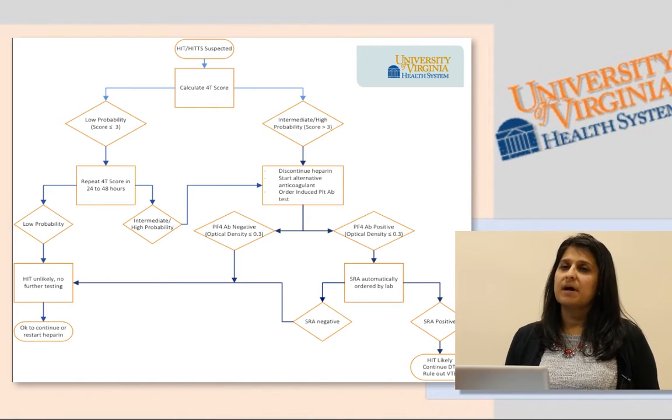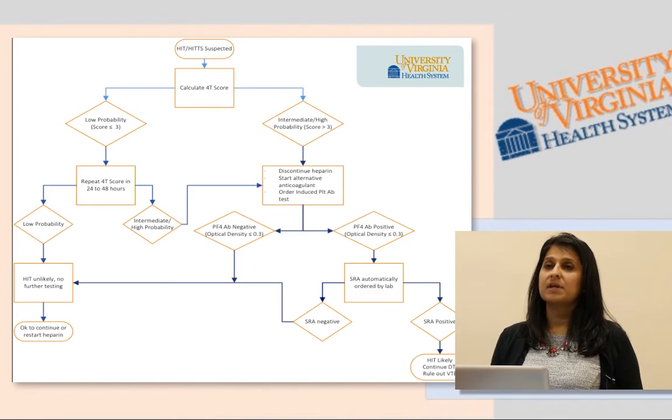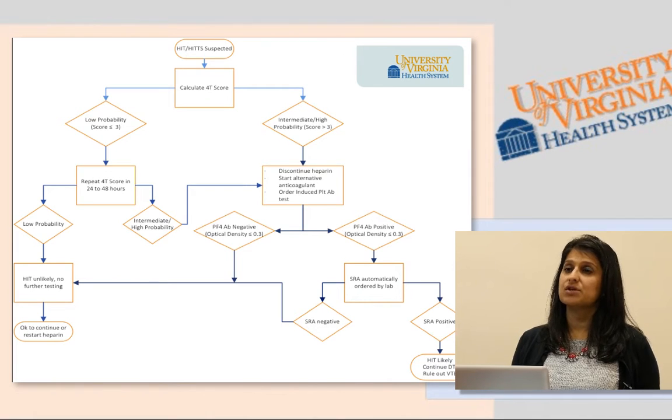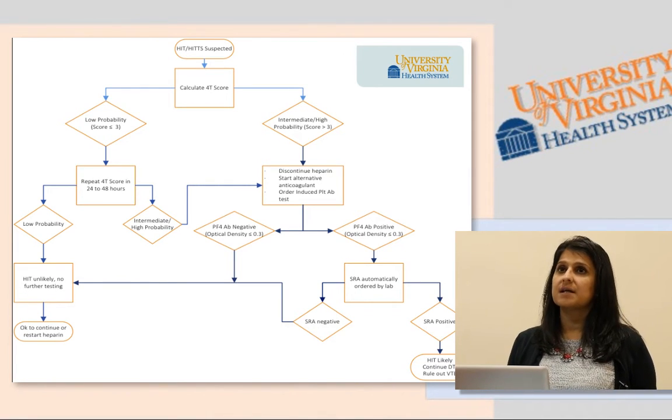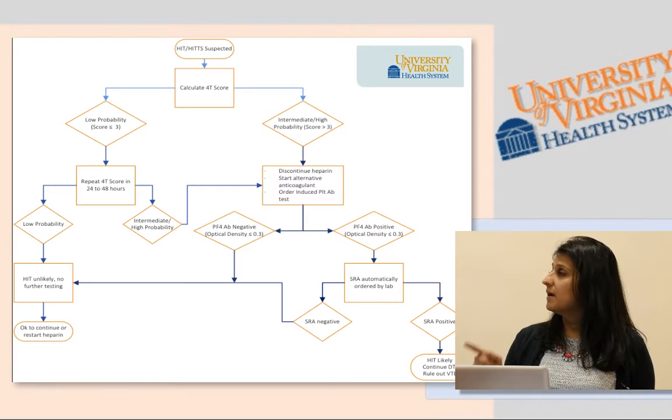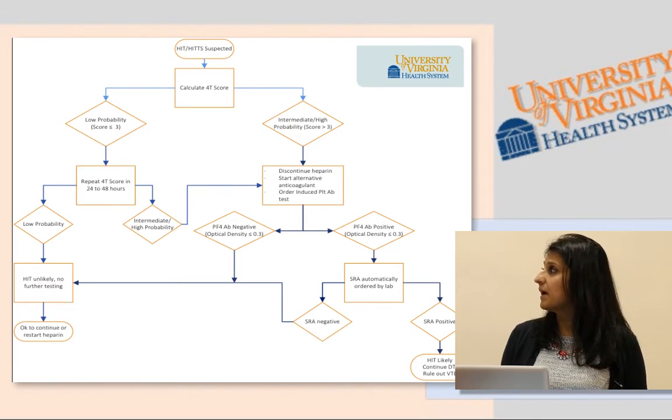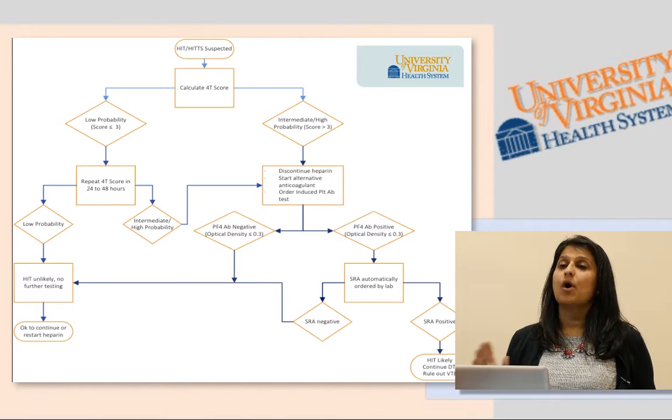If this platelet antibody testing comes back negative with an optical density less than 0.3, as I showed you earlier, then HIT is unlikely and we can resume or continue heparin as we had for the patient before. But if the platelet antibody testing comes back positive with the optical density greater than 0.3, there's a typo there, optical density greater than 0.3 for positive platelet antibody, then the SRA testing will automatically be